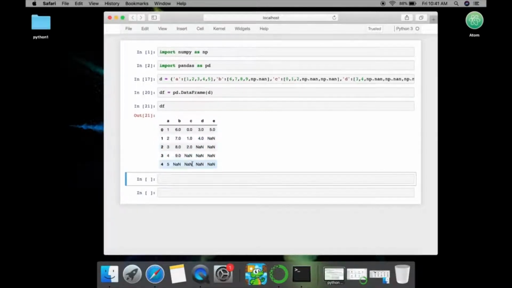Here this NaN denotes the missing values, and if you notice, the first one has all the values, the second one has 1 missing, then the third one has 2 missing, then 3 missing, then the fourth one has 4 missing. Now to deal with them we have a few methods in Pandas. The first one is, if you want to get rid of the rows whose particular values are missing, then we use df.dropna, and then just pass the